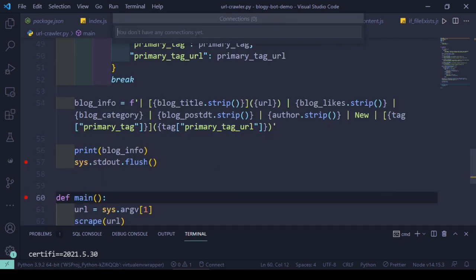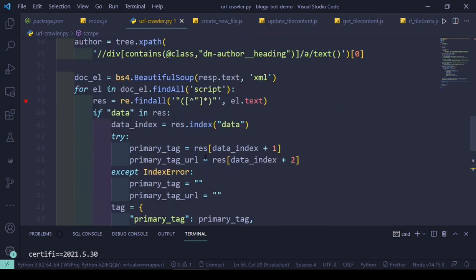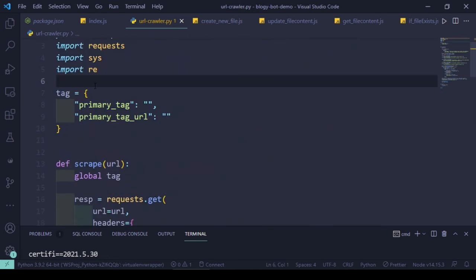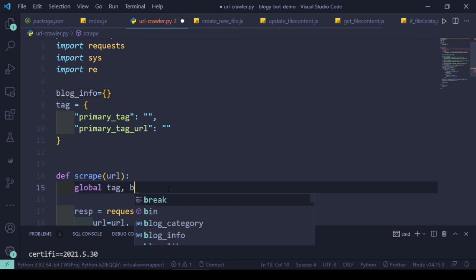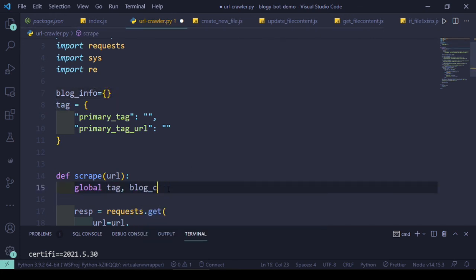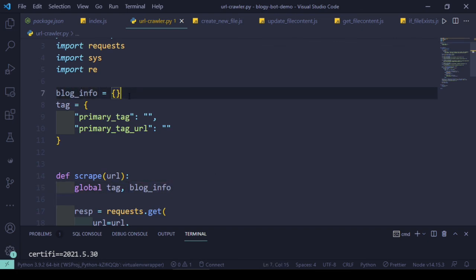Let's also add this blog info as a global one, just to be sure it doesn't create an issue. Put blog info. Okay, because this way we set global variables in Python.